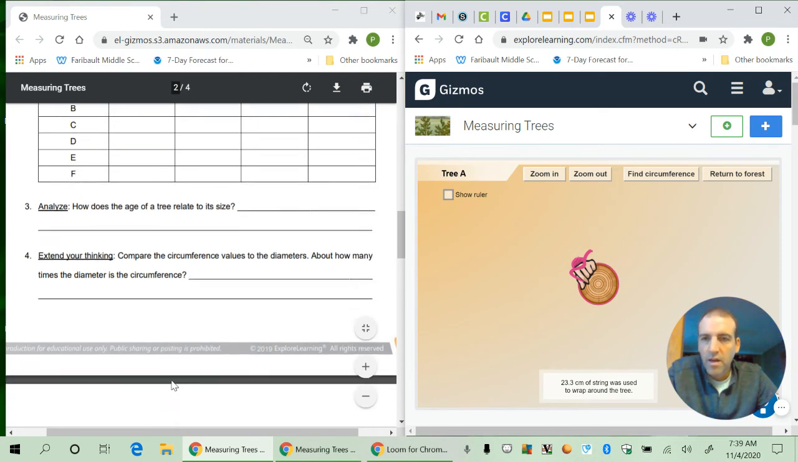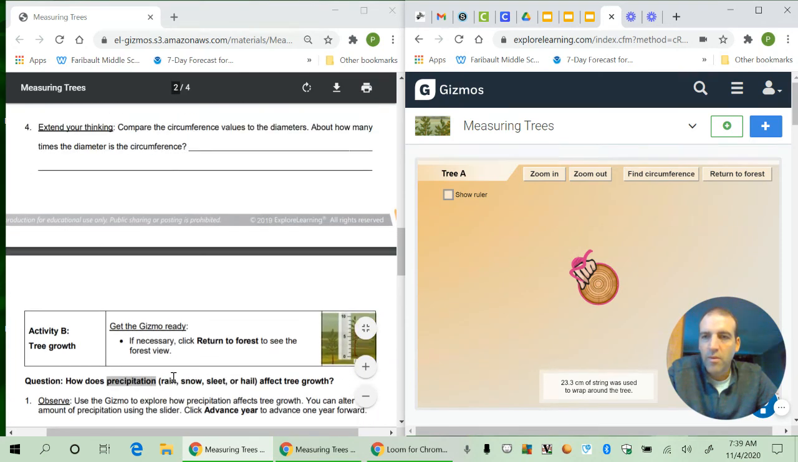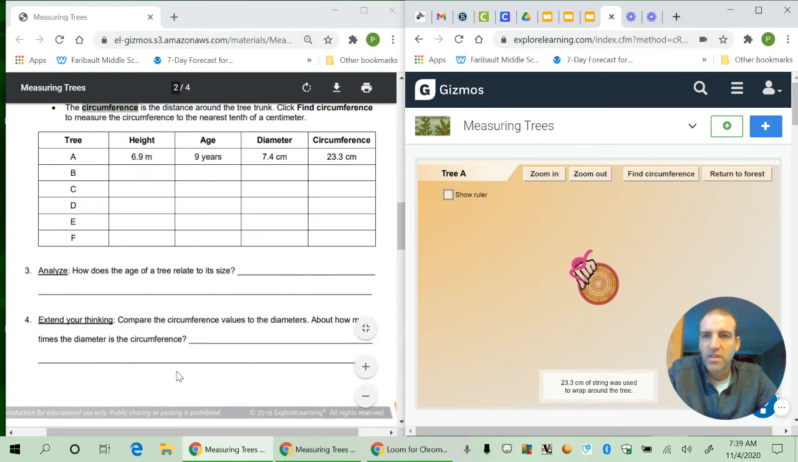All right, and once you get to the end of the second page, you can stop there. Okay. Hopefully this is a chance for you to just practice a little bit more measuring with the rulers when you're looking at the diameters,